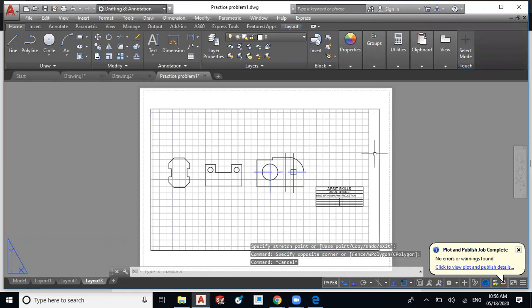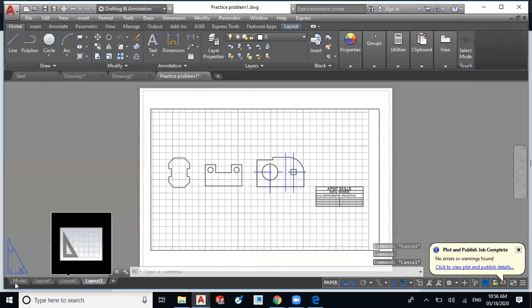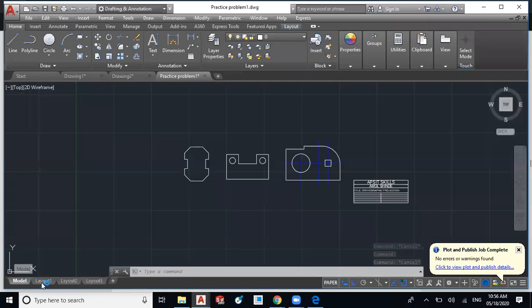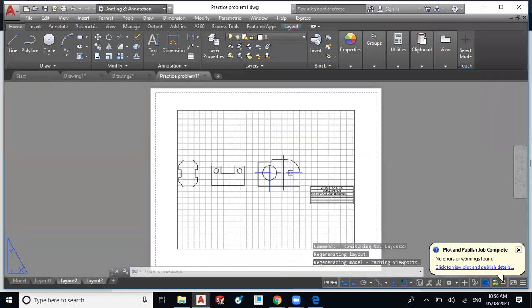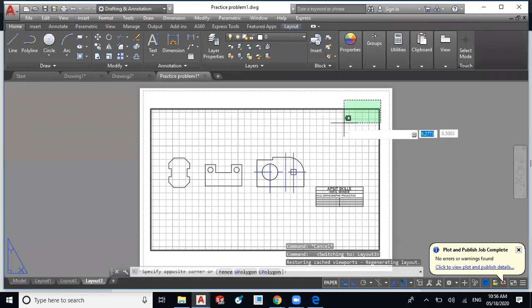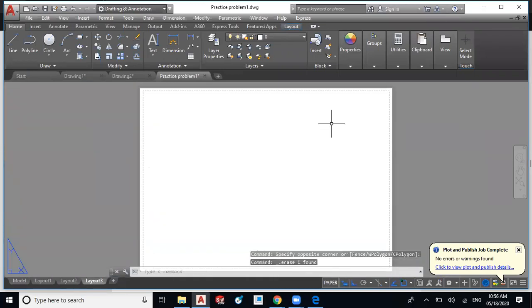There is nothing with the layouts, because we are going to print from the model. There is no requirement of creating layouts. Like that you can delete also. You can insert a new area as well.